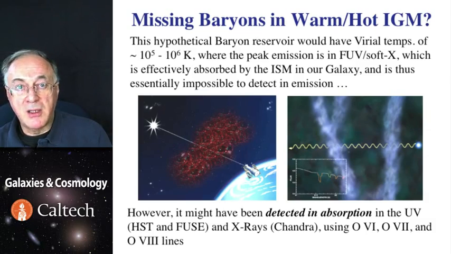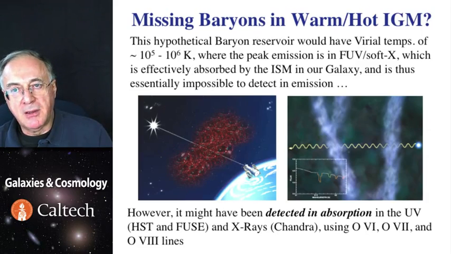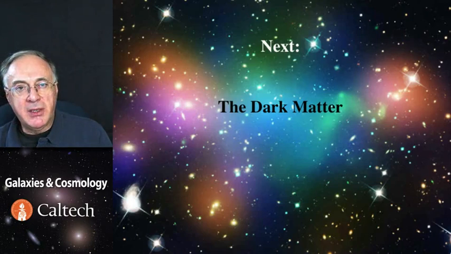And that turns out to be exactly what was needed. These measurements have been done both with the Hubble Space Telescope in ultraviolet and also with Chandra in X-rays. And this hot gas has been unambiguously detected in exactly the right amounts. And so this is probably where all those missing baryons really are. But that doesn't tell us where the remaining matter density is. And so next time we will talk about dark non-baryonic matter.